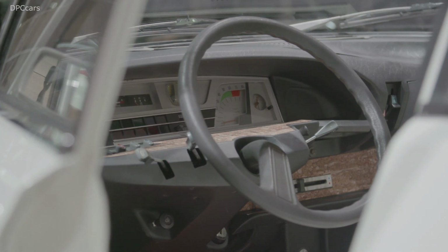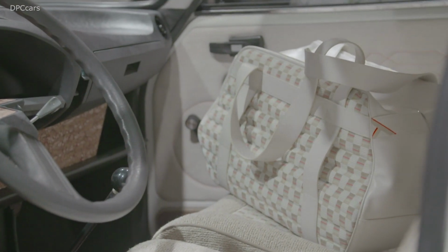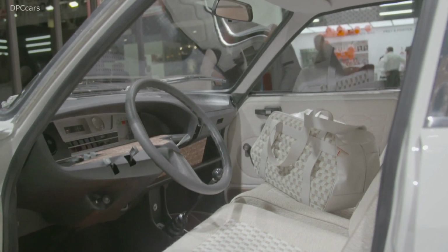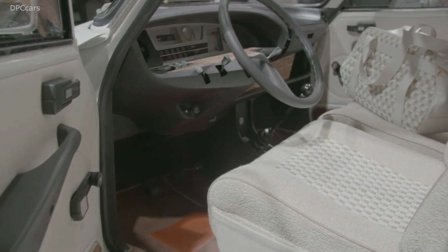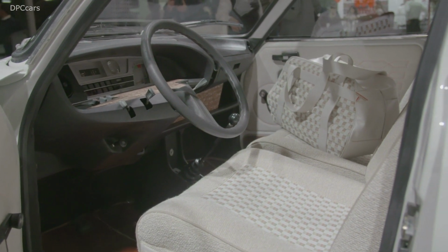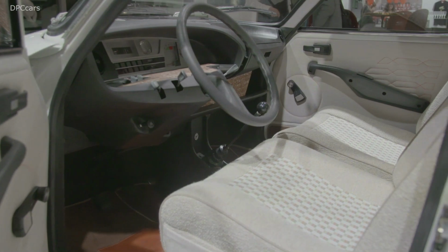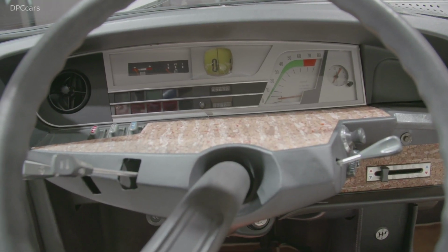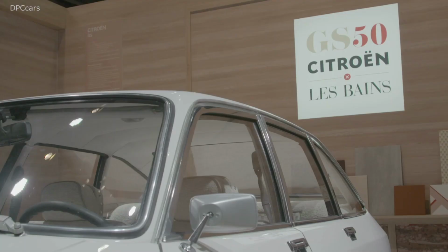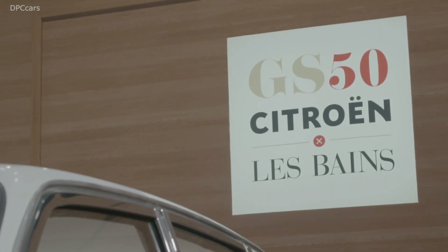For me, working for Citroën is a big responsibility because this car belongs to everybody. It's not me at all. So I need to be very careful to put it up on the hills and celebrate it. Because this car was issued at more than 2 million examples. So it talks to so many people in the unconscious memory. So it's an honor for me. For this reason, and as well because it's linked today to another car, which is a Scarab,